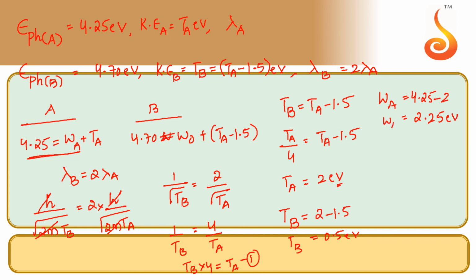This is the work function of A. And the work function of B can be written as 4.70 minus (Ta minus 1.5), which is nothing but 0.5. So what we get? 4.20 electron volt. So we calculated the kinetic energy of A and the kinetic energy of B, and the work function of A and work function of